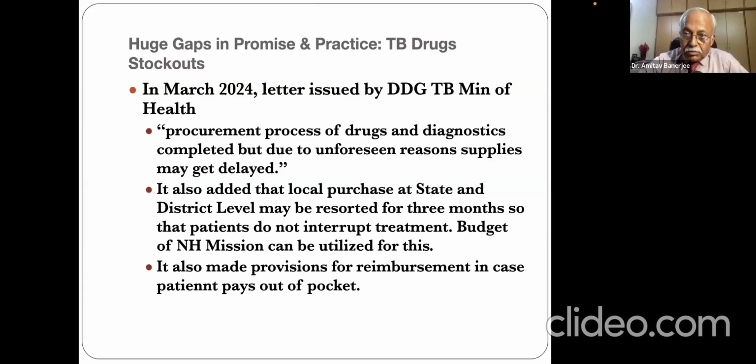So a letter was given to local authorities to purchase it. It also made provisions for reimbursement in case patients pay out of pocket. One of the problems was that poor patients don't have money for their daily food. So the provision was made that they can pay from their pocket and it will be reimbursed. So one can imagine the long process, the reimbursement, the documents, and at least the district authorities may have